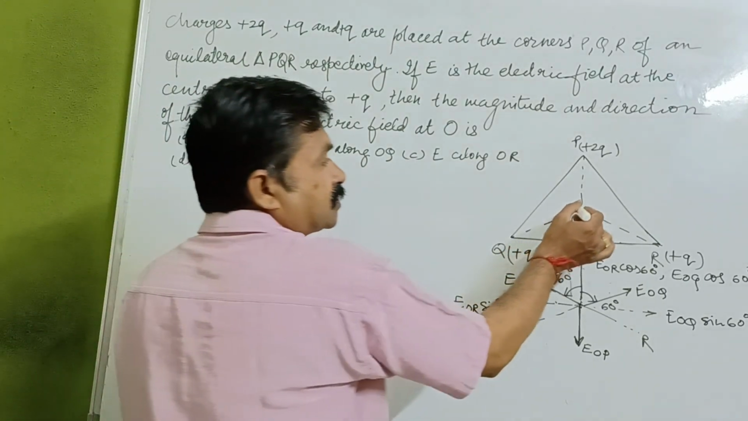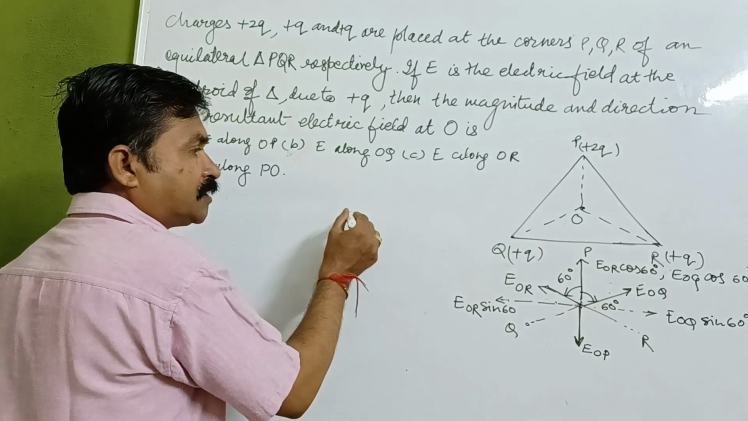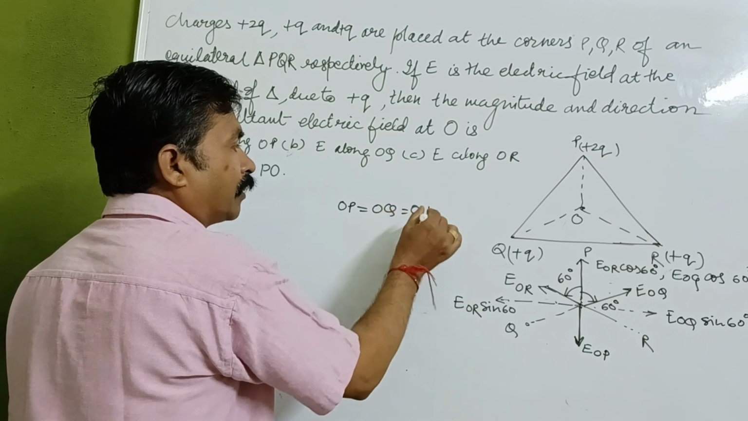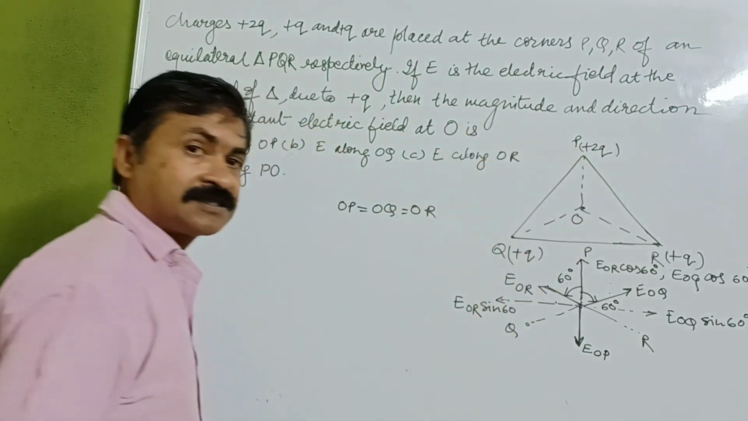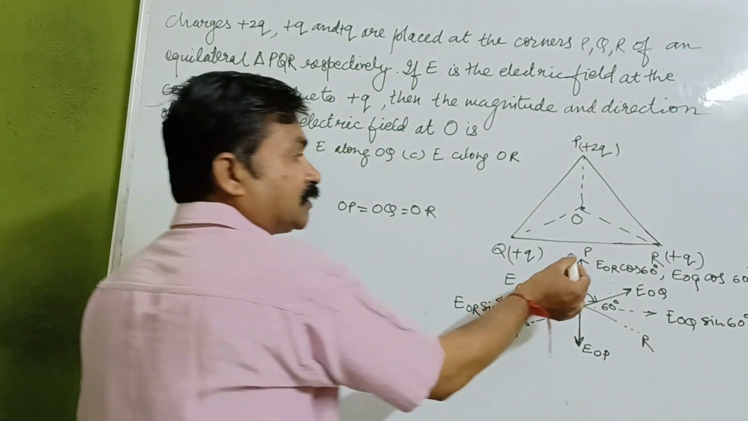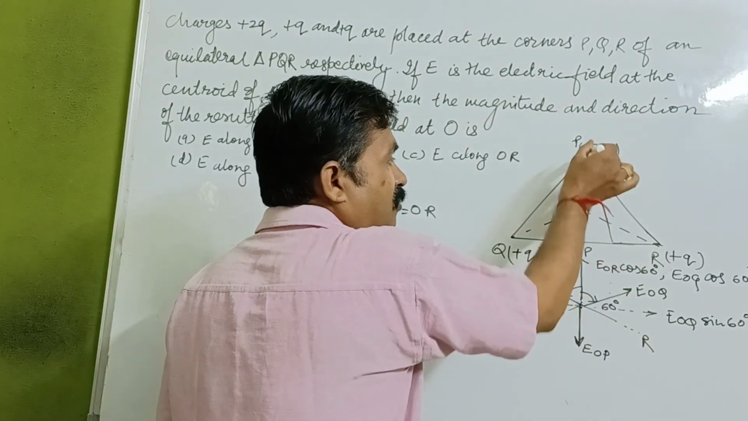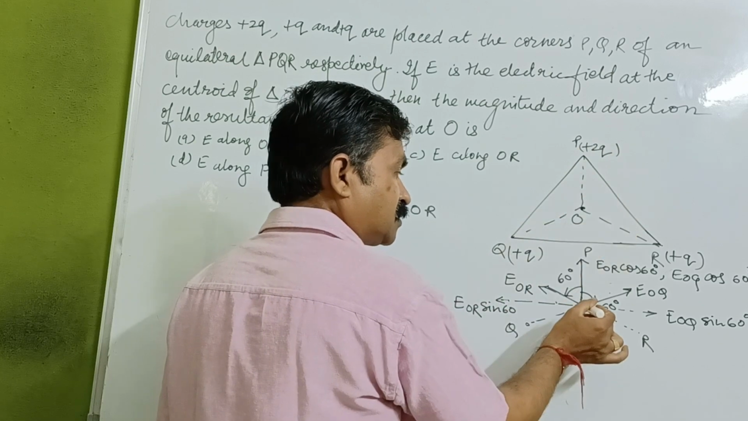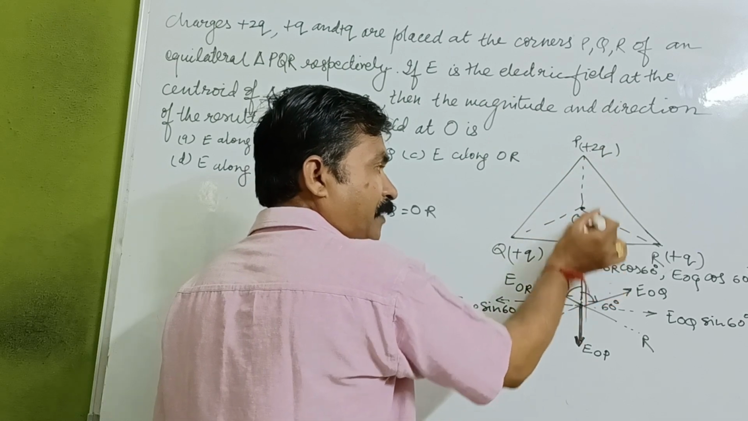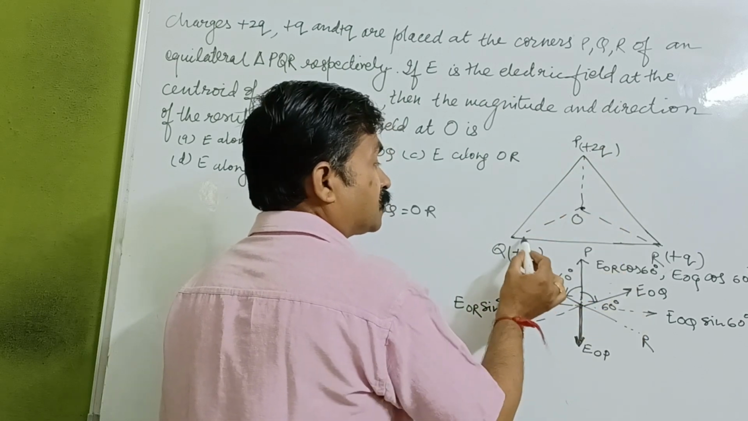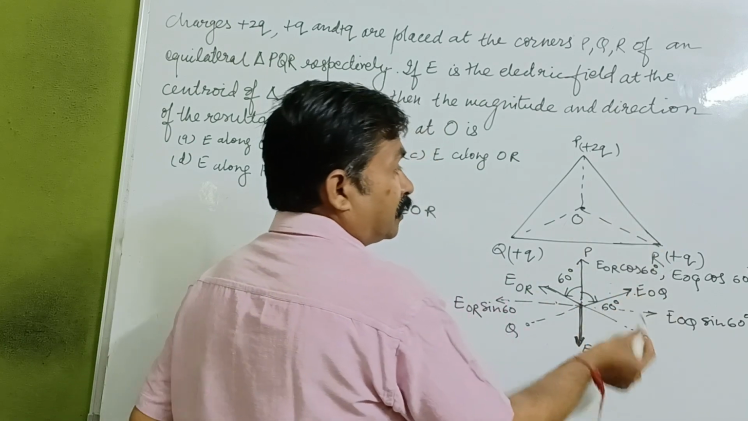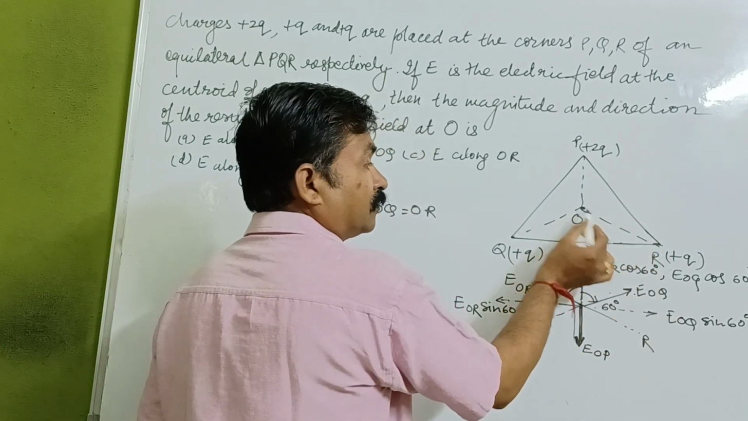Now if we go through this, this is the centroid. Centroid means we have OP equal to OQ equal to R, which means it is at equal distance from each corner of the triangle. Now if we go through this diagram, the electric field because of this charge is acting in this direction, because it is a positive charge it will repel in this direction. Because of Q there will be an electric field in this direction, this is EOQ, and the electric field because of R